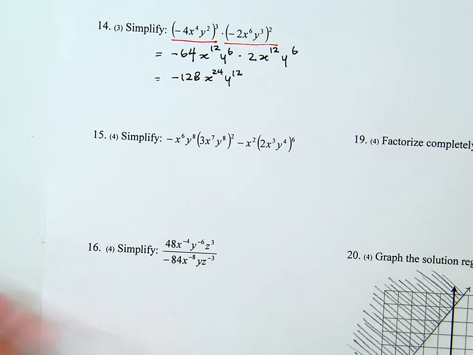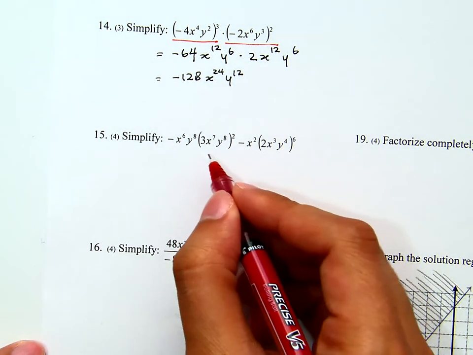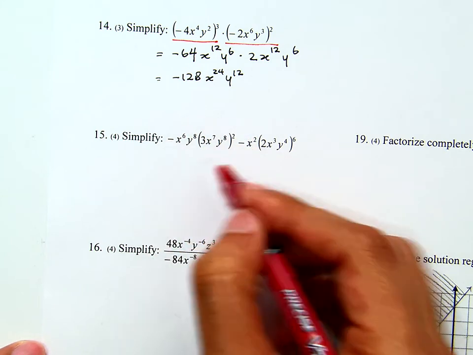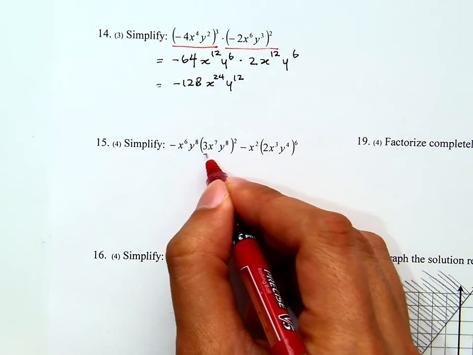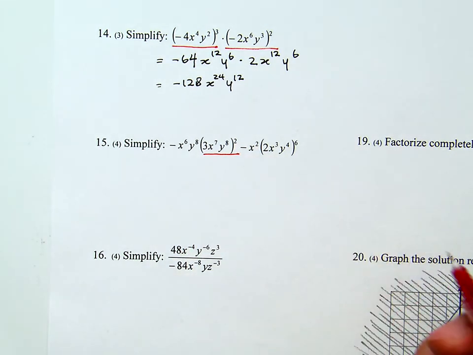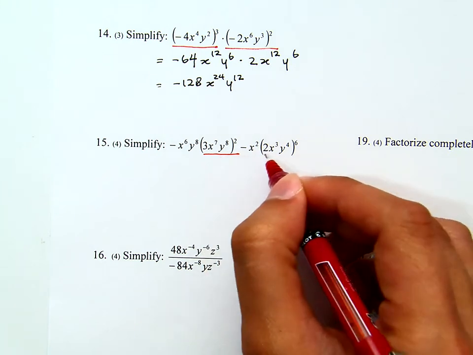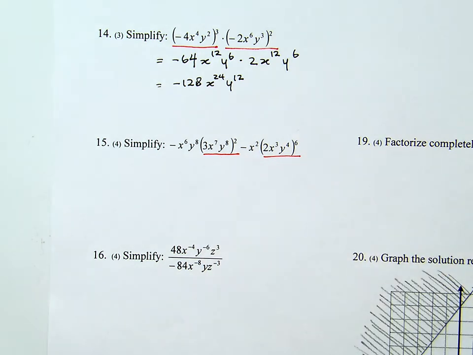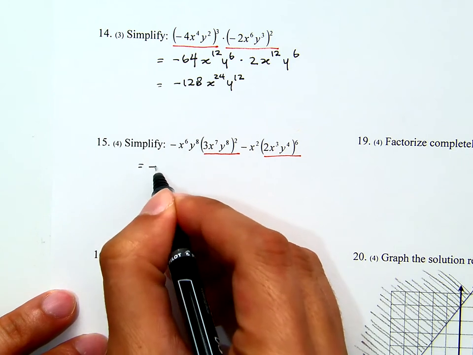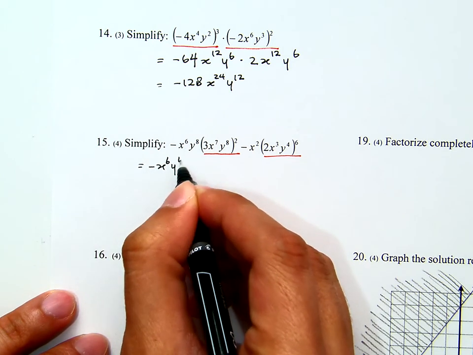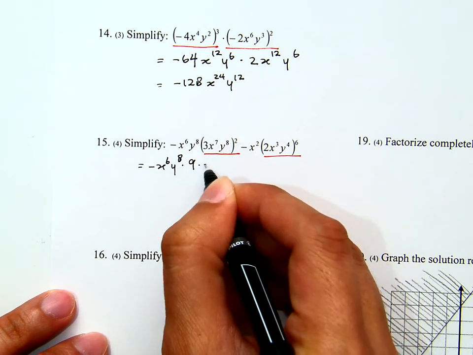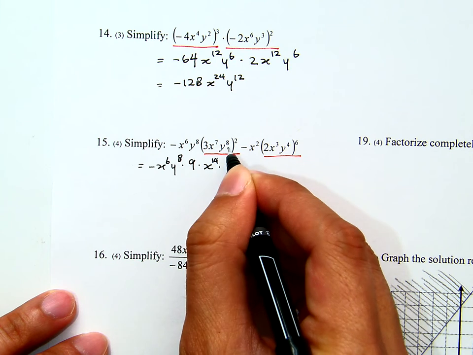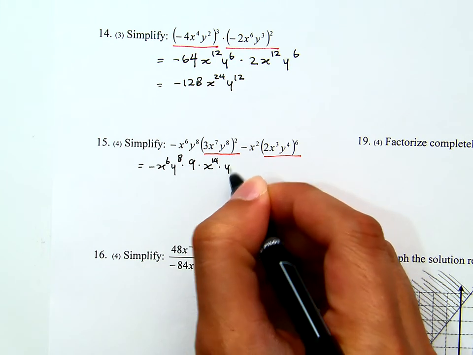Let's see, number 15. I have the difference. I need to simplify the difference between this term here and that term. Now what I will do first, I will distribute the exponent into the grouping there, into each factor there, and likewise here. Okay, this is equal to negative x to the 6 y to the 8 times 3 squared is 9, x to the 7 squared is x to the 14, y to the 8 squared is y to the 16,